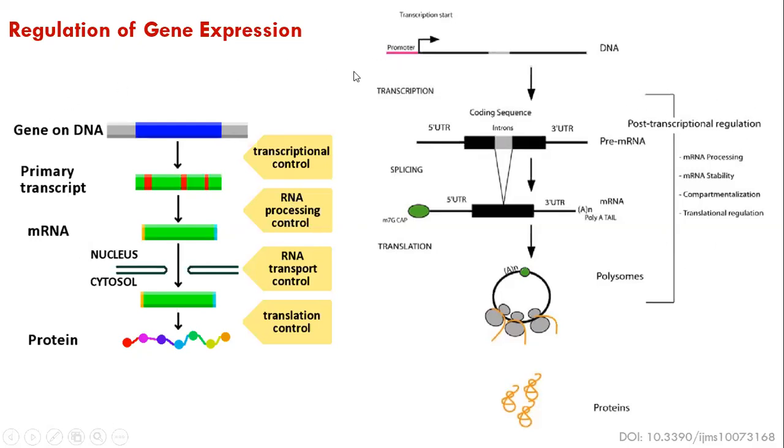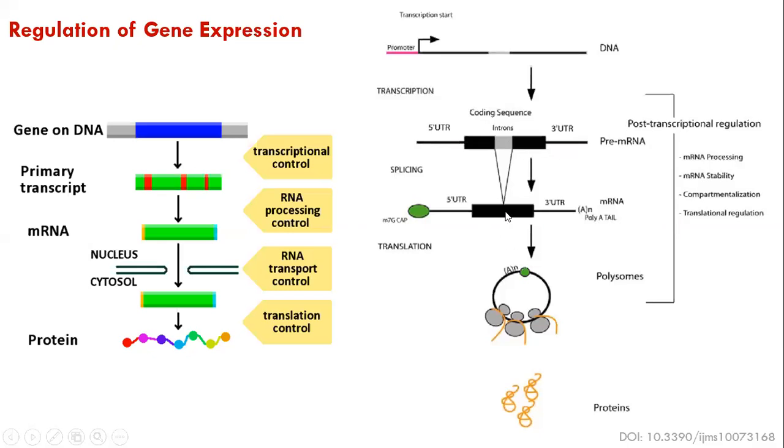Again, we are zooming in here from the unit to the molecular structure. A promoter will be there in the gene, and then there is a start site of the gene transcription, in terms of gene expression. This is a DNA molecule. Introns and exons. Introns are light, exons are dark. And again, during the transcription mechanism, you will have separate sequences, 5' and 3' UTR, added. There is a modification of the cap at the 5' region, and at the 3' region poly A will come with polyadenylation. And in terms of splicing, the introns will be removed by a spliceosome complex.